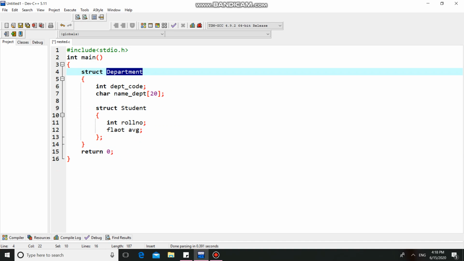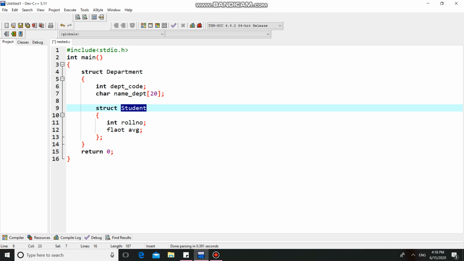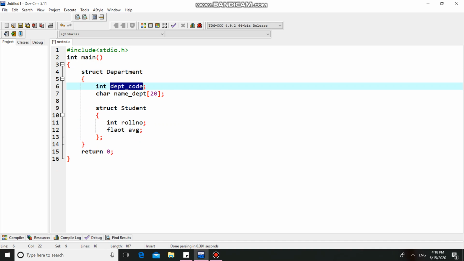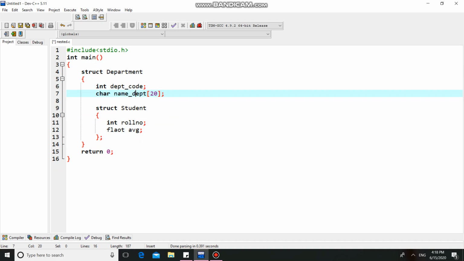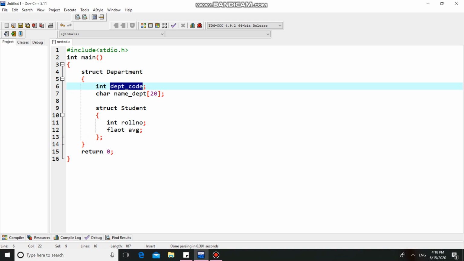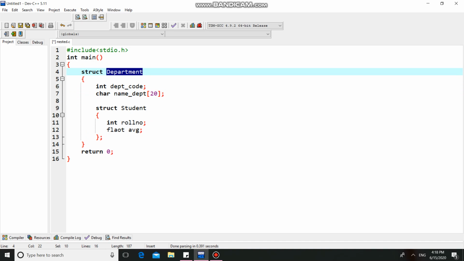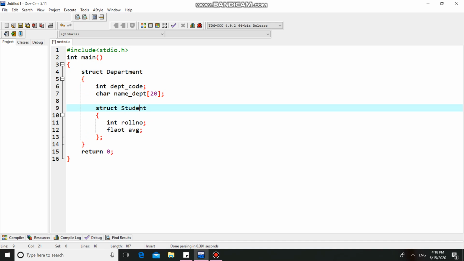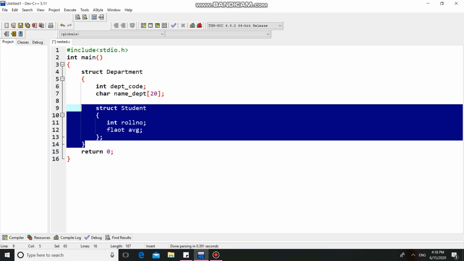The department structure has two members, department code and name of department, which you can call direct members of department. The inner structure, student, has two members, roll number and average, which are direct members of student.